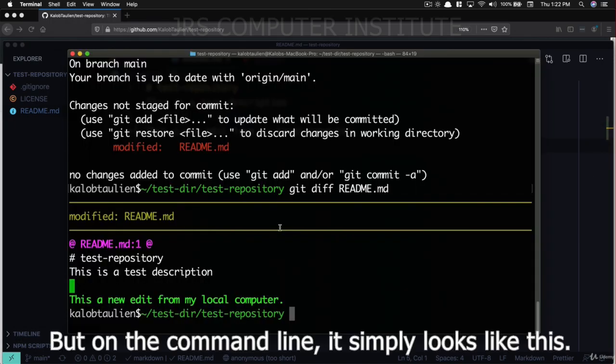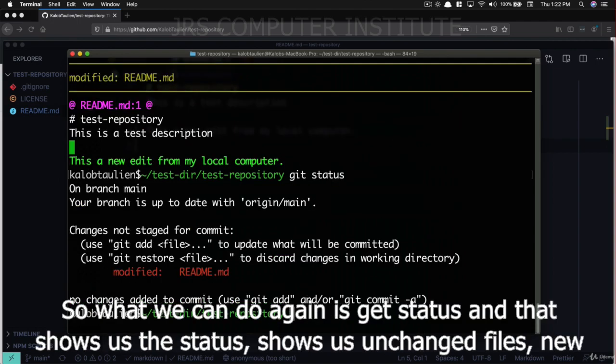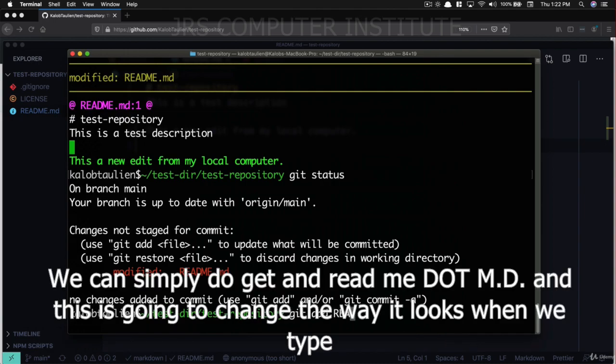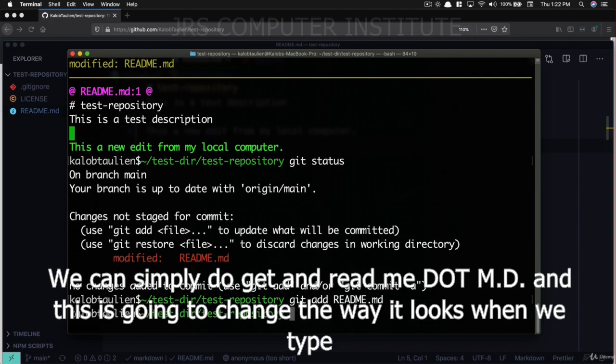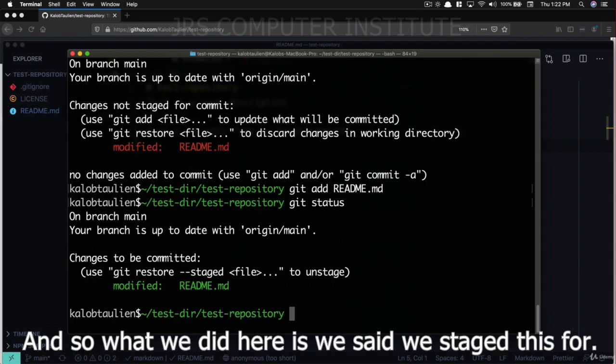But on the command line, it simply looks like this. So what we can do again is git status, and that shows us the status, shows us unchanged files, new files, things like that. We can simply do git add readme.md. And this is going to change the way it looks when we type git status again. And so what we did here is we staged this for,